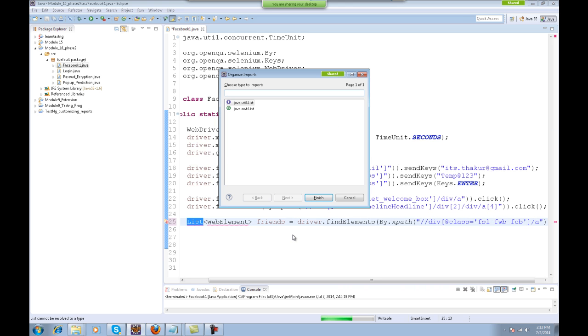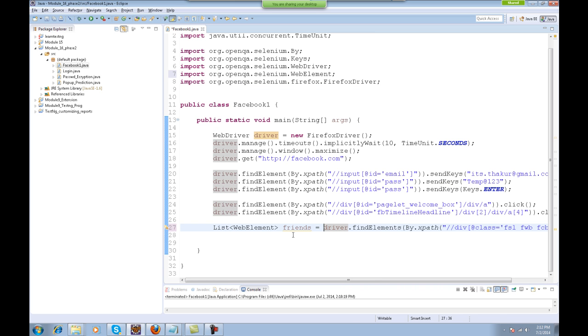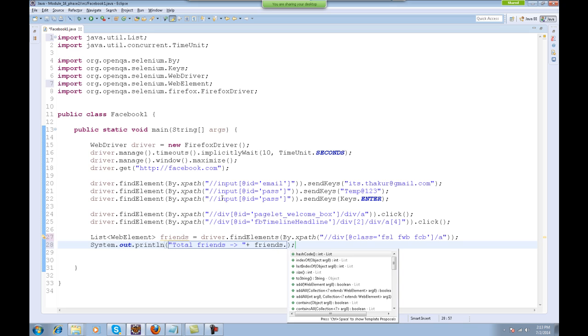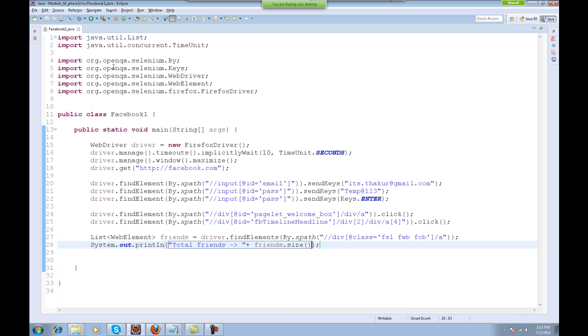So this will extract all the friends from the particular page, from the Facebook page. Okay, and if you print total friends, they will be equal to friends dot size. Okay, so this will print the initial friends, not all the friends, but the initial friends which are listed on the page.